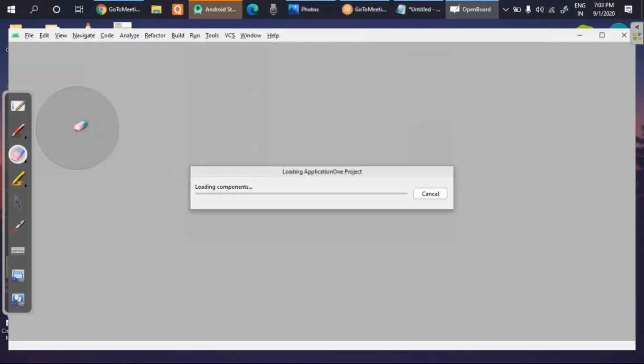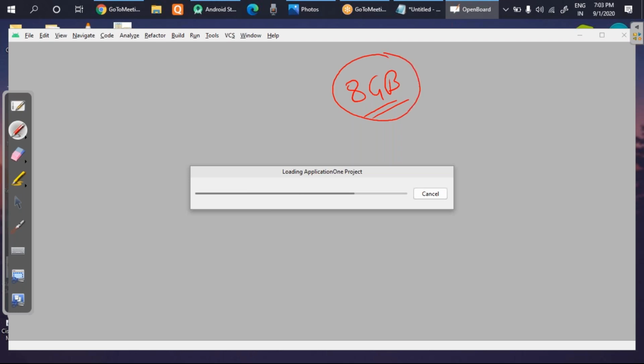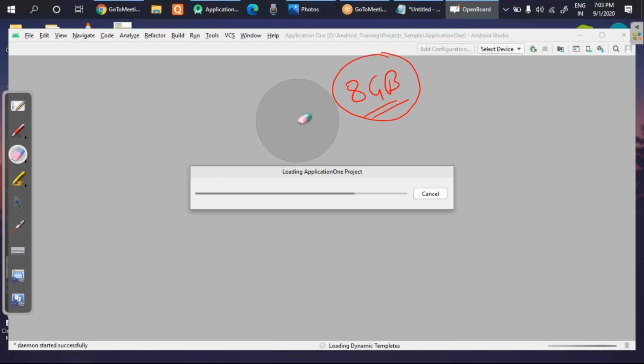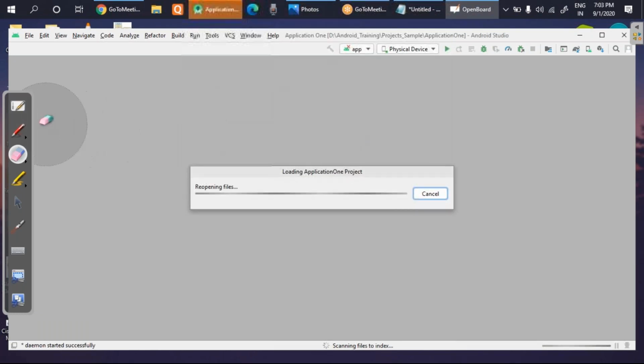For development purposes, it is recommended to have 8 GB RAM. Okay, so if you do not have 8 GB RAM, please keep in mind your system may run a little bit slow. The recommended RAM for Android application development is 8 GB. So if you don't have it, you can increase your RAM, because going from 4 GB to 8 GB is not that costly also. So try to go for 8 GB RAM.